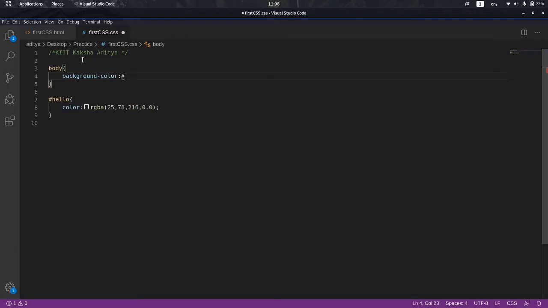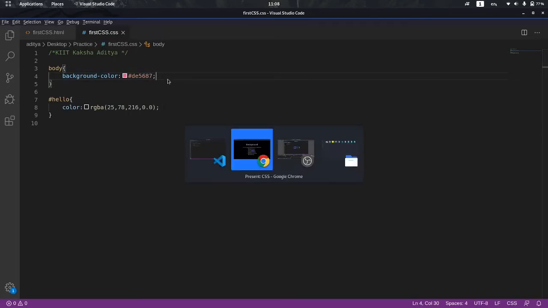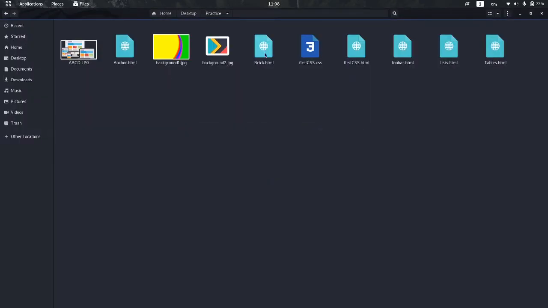I would use DE5687. I will use this color, save it and just open the page for css.html.